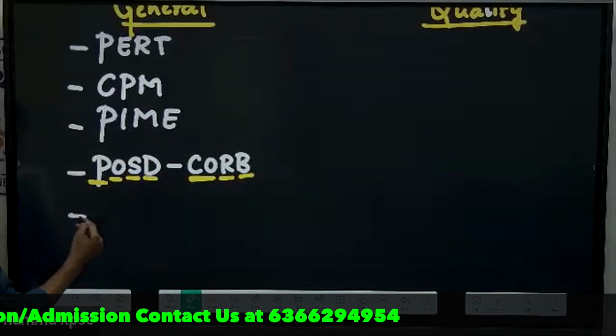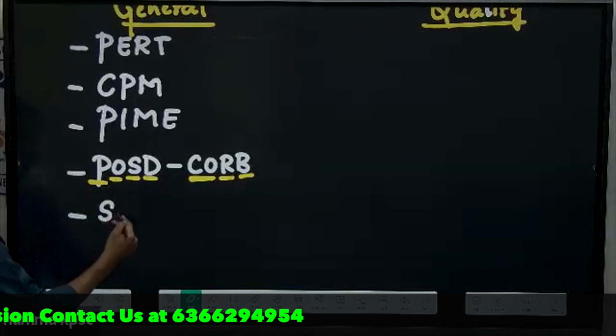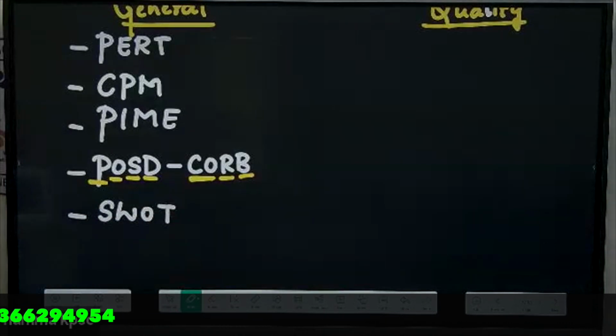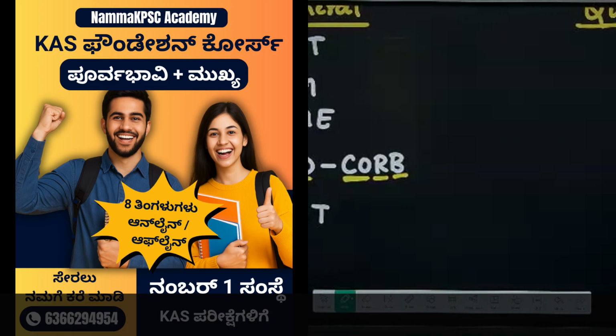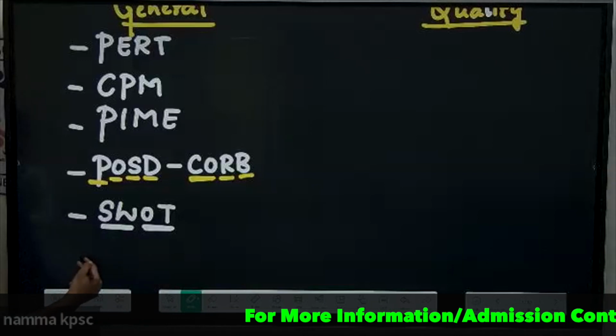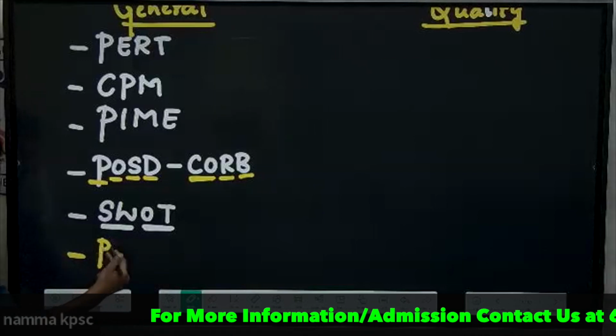Followed by those things, we call it the SWOT analysis. SWOT: strength, weakness, opportunity and threats. Strength and weakness are internal, and opportunity and threats are external. And the last one we call it